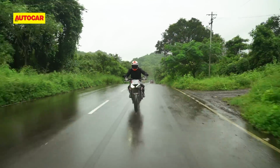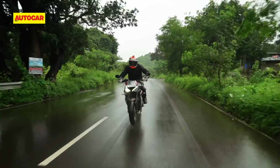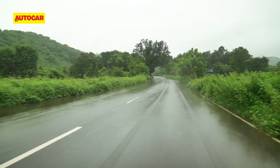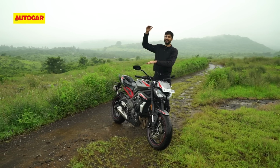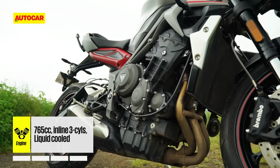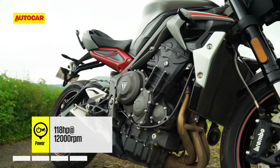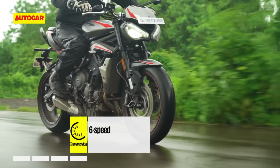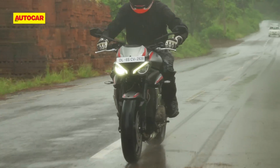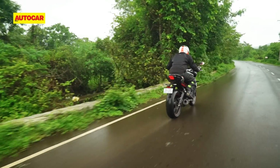And that's very interesting because on the road, the new R actually feels much more like the Street Triple RS than the old S. So if the S is here, the RS is up here, the R is somewhere right here. Take the engine for example. With 118 horsepower and 79 Newton meters, it makes 5 HP and 6 Nm more than the S. While this is still 5 horsepower down on the Street Triple RS, the torque figure is now identical to that